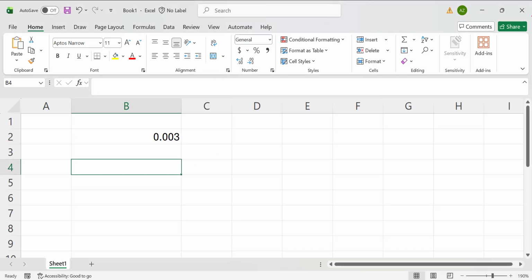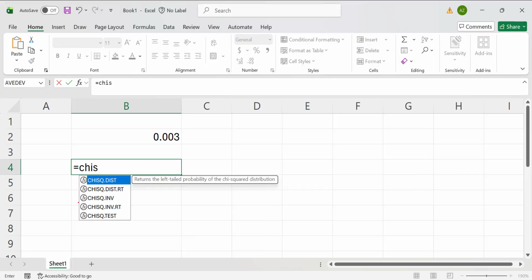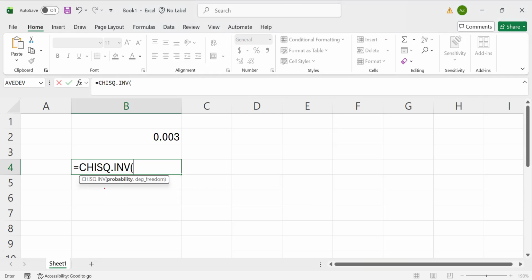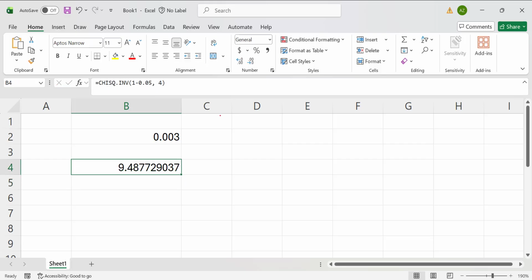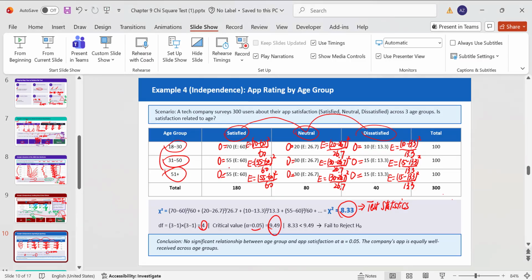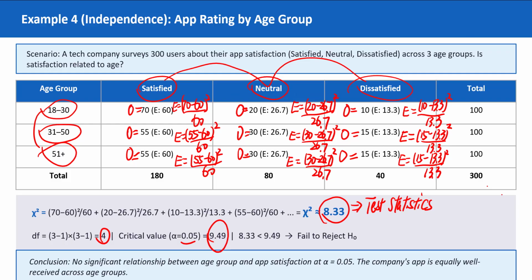You just have to go here and use the chi-square inverse function. I put in a probability value, which is going to be 1 minus 0.05, the area to the left, and degrees of freedom 4. We're going to get the critical chi-square value. Rounded to 2 decimal places, it's 9.49, which is exactly what we see from the PowerPoint. And then the test statistic is less than the critical chi-square value,